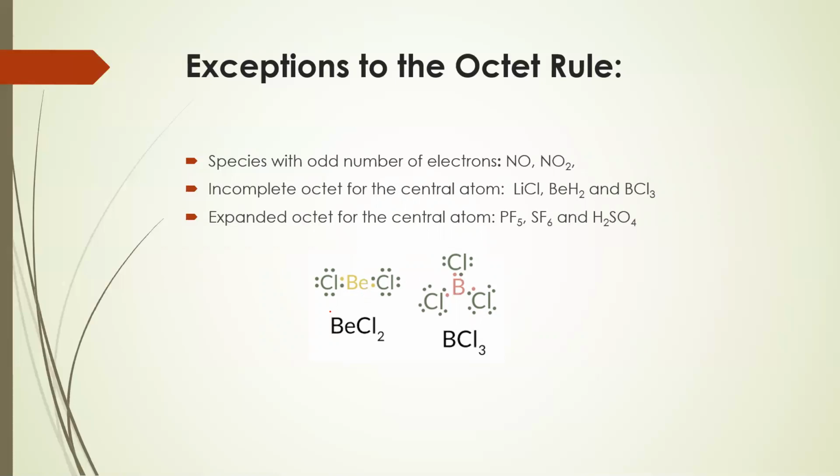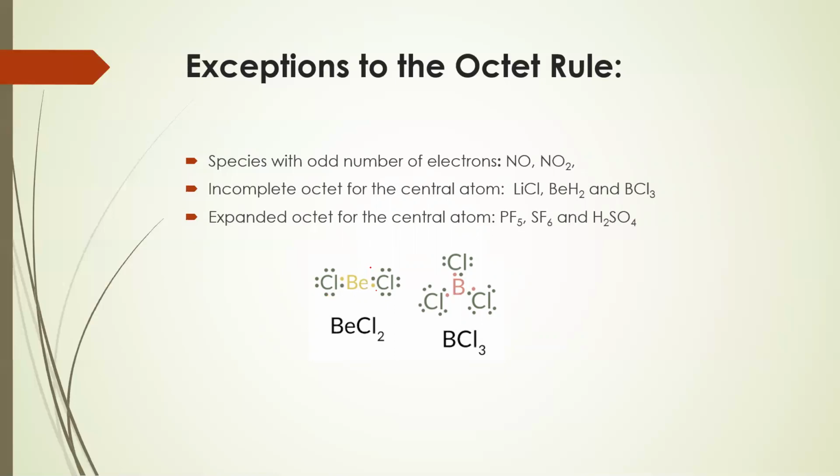For example, here you can see beryllium chloride. The atomic number of beryllium is 4, so the electronic configuration will be 2, 2. So, in its valence shell, it has only 2 electrons. Whereas chlorine, we know the atomic number is 17, that is 2, 8, 7. So, chlorine has 7 electrons in its outermost shell. Now, both of these will try to share electrons and attain the stable configuration, namely BeCl2 as a molecule.